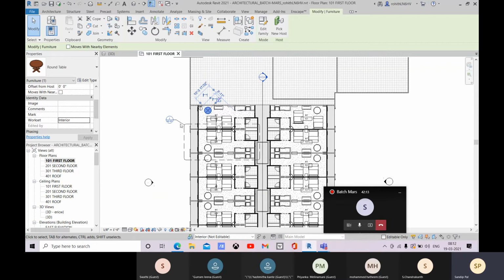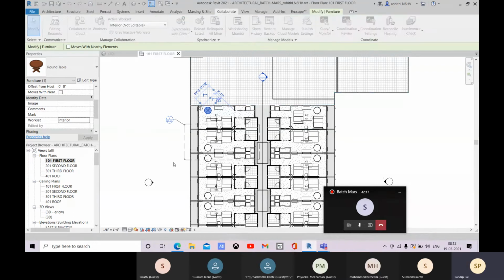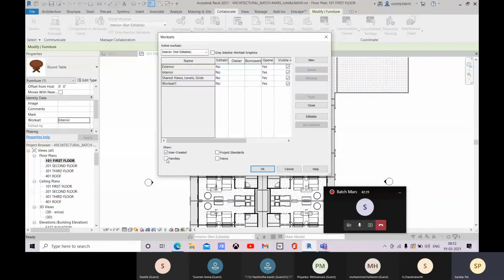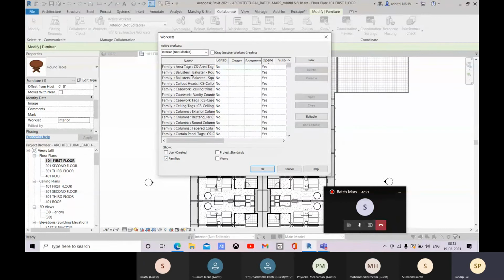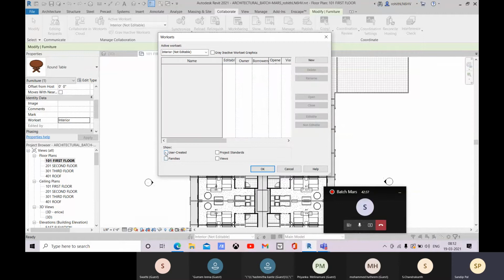So you cannot assign them the families, this family worksheet. These are created by Revit itself. Revit controls it, Revit manages this. So you will only be working with your created worksheets or the default worksheets, like shared views, levels and grids.